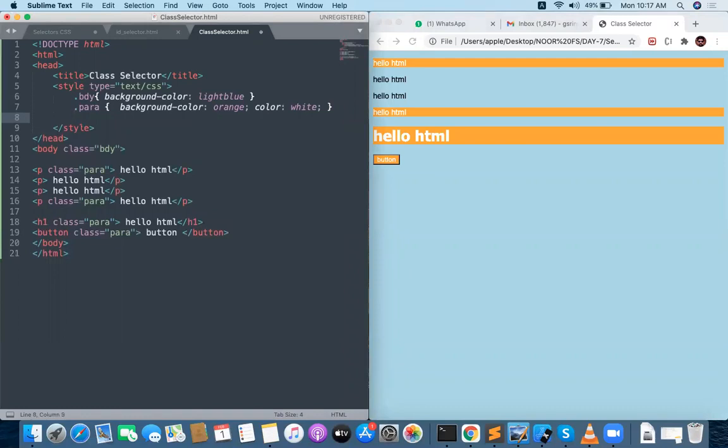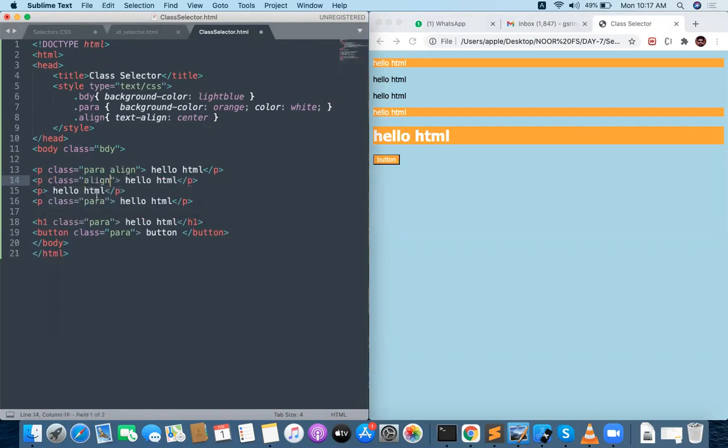There is one more class I want to write here. So I am writing my own custom class called align class. In the align class, my requirement is text align to center. A class called align. That align class is available for the first para, and here also, class align.